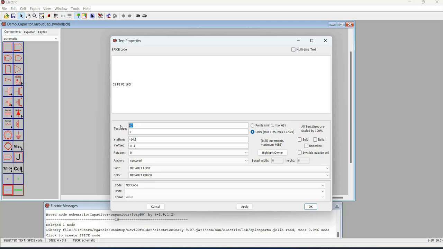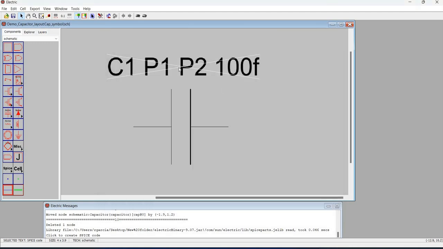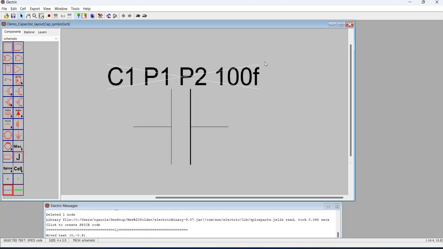For the text size, you can adjust it as you deem fit. For example, I'm just going to use 10, okay, for this capacitor. So after your schematic, you can actually have your layout drawn.